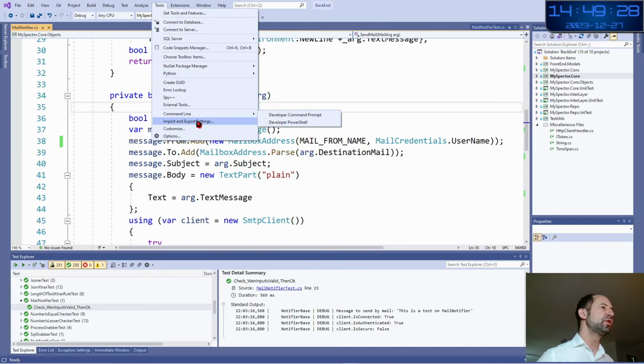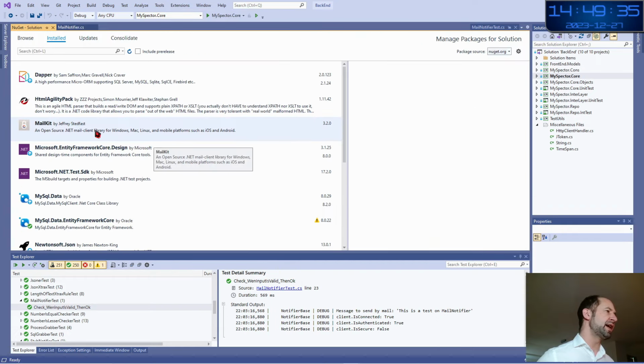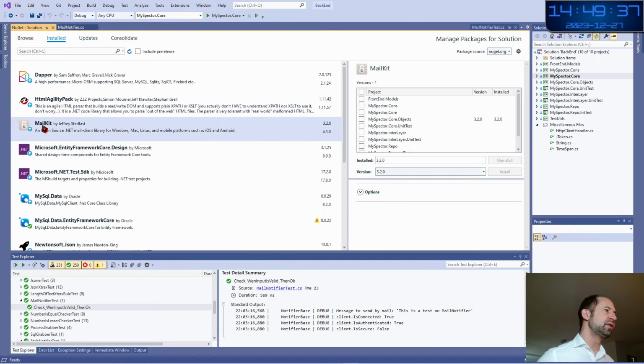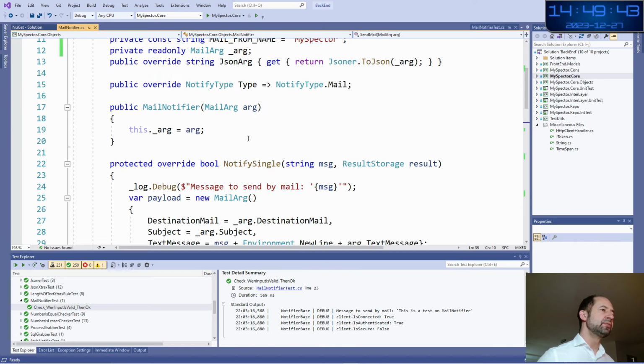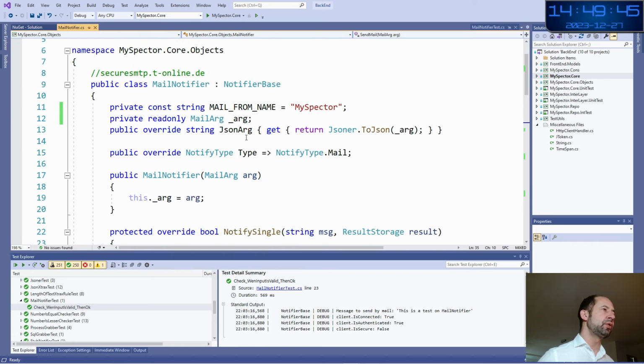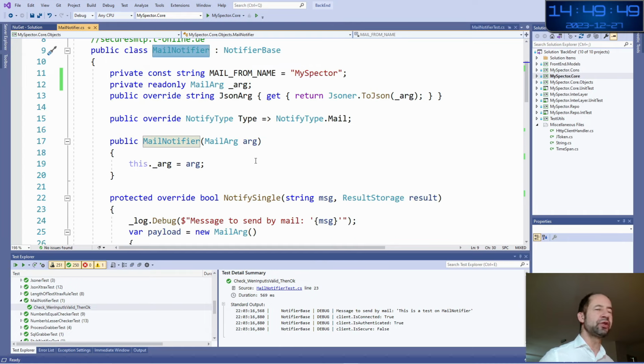If you go to the NuGet package manager, the solution has installed the MailKit NuGet package that I am using this way. It is quite straightforward. So you see here I have a mail notifier class because in MySpector there are different notifiers.